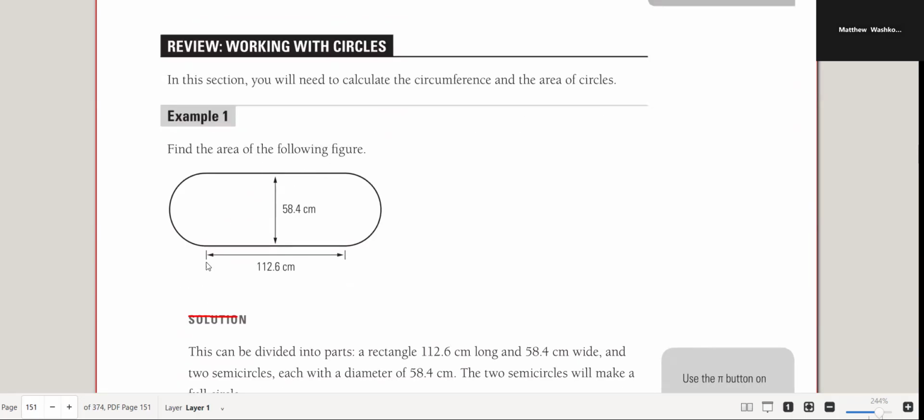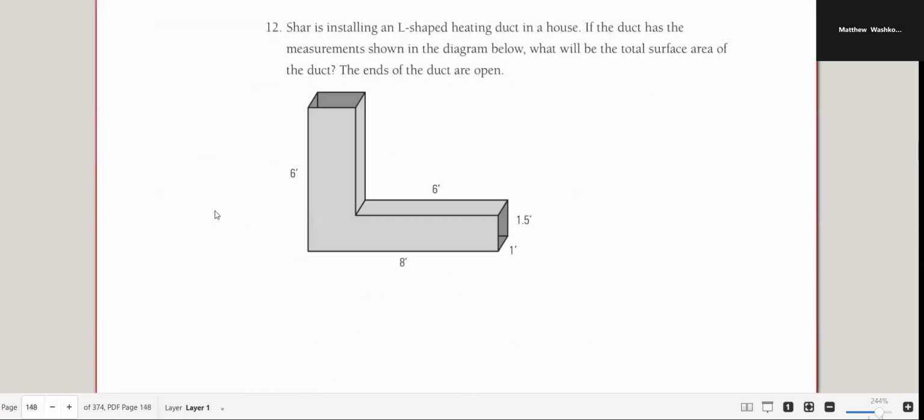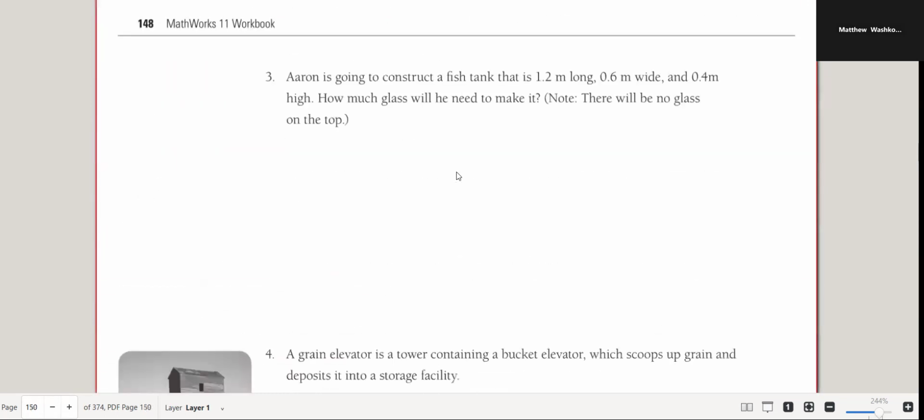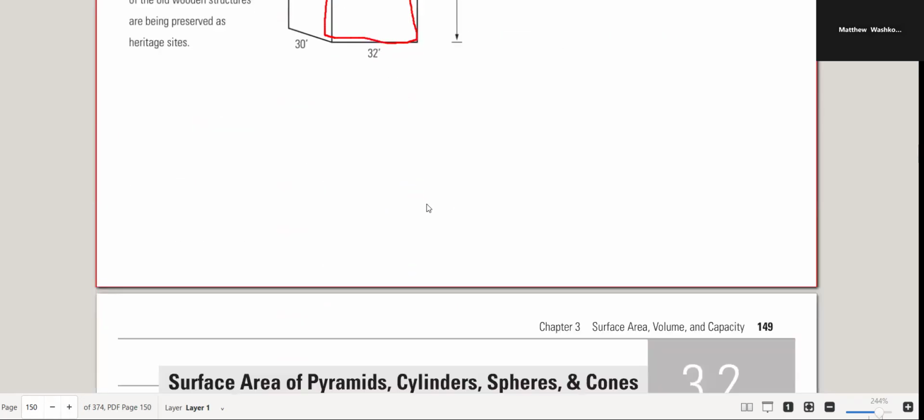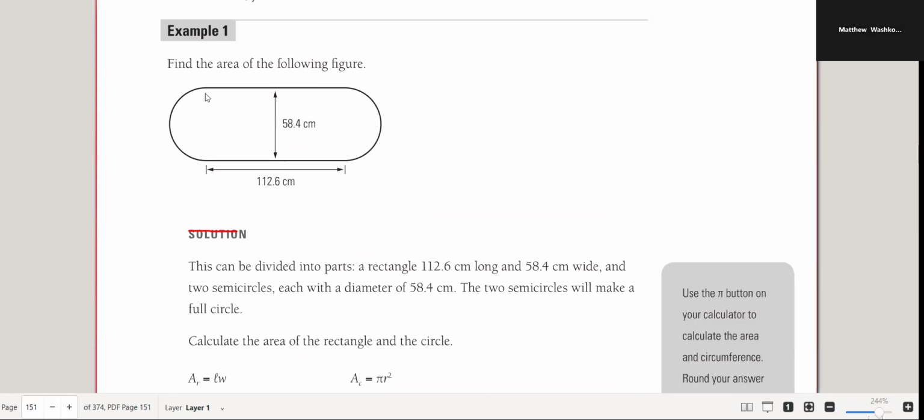Now, if I'm looking at this figure here, this isn't a simple figure, right? This is like a pill shape. I need to break it up, just like how I broke up some of these shapes here. Like with this one here, you would have broken it up into this triangle, a square, a trapezoid, a rectangle, right? You break up a shape into simple ones. Well, with this one,